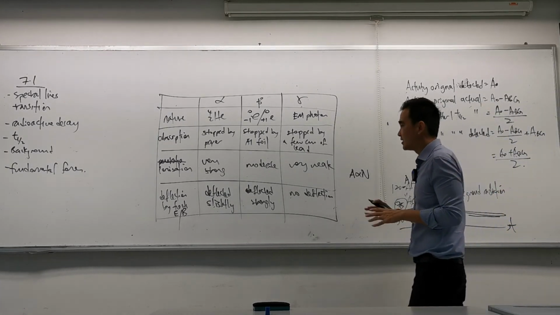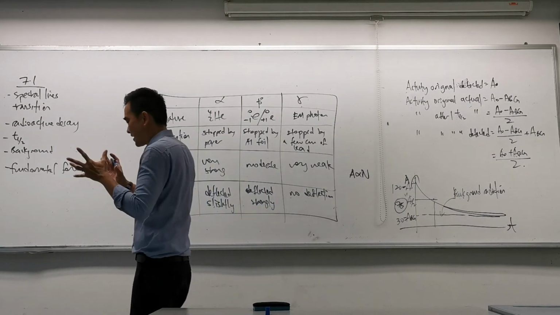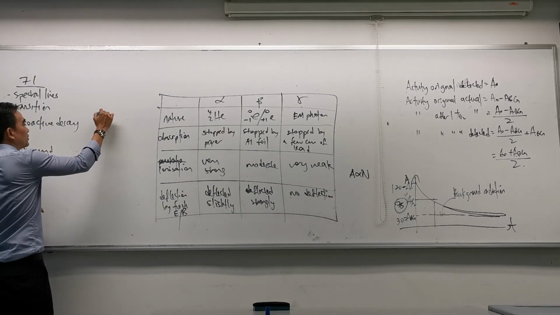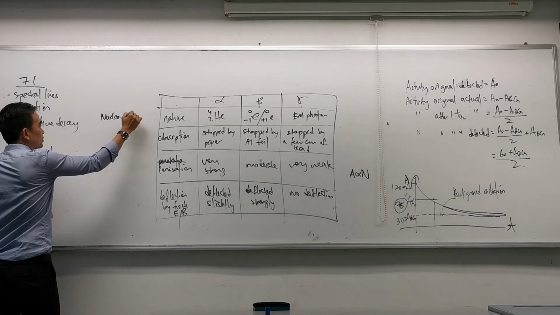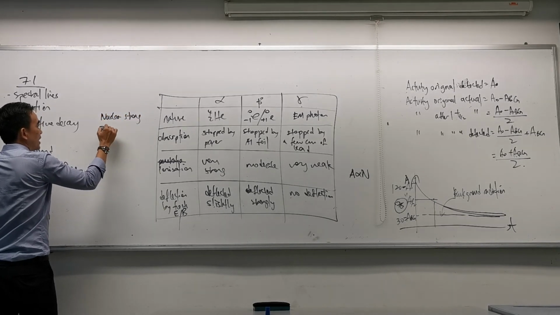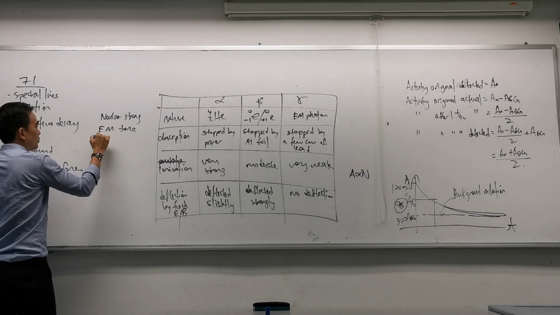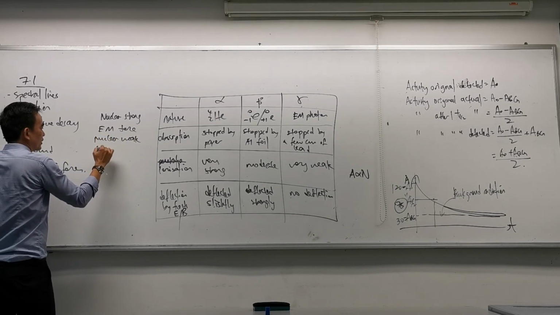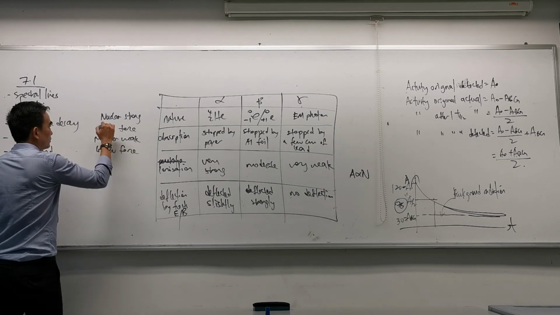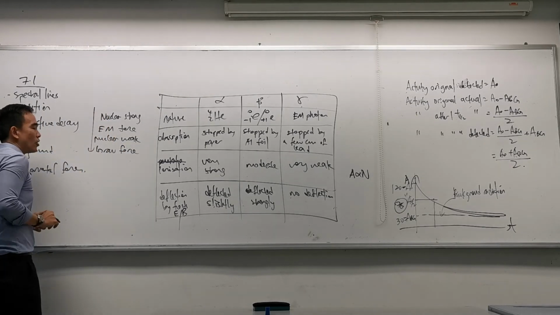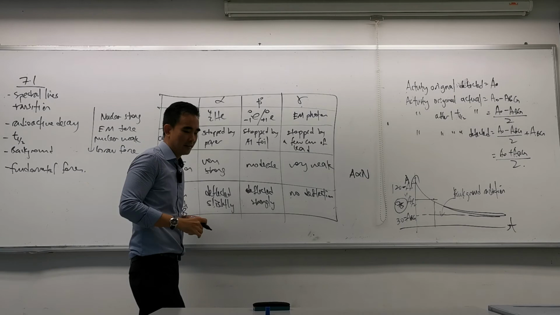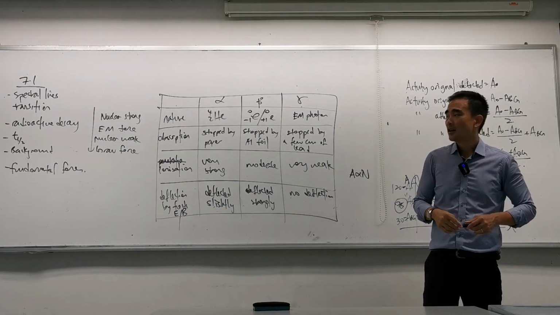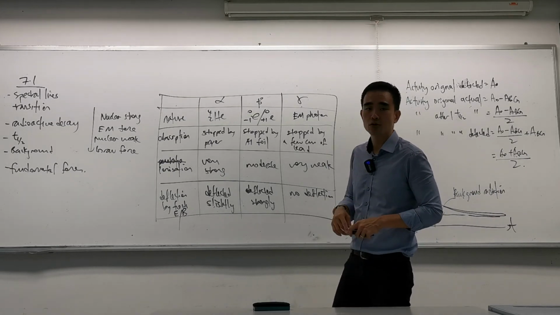So for these forces inside the nucleus, there are 4 of them. It's nuclear strong force, EM force, nuclear weak force, and gravitational force. So this is in the order of decreasing strength. Nuclear strong force the strongest, EM second, weak force the third, and then gravitational force the last.